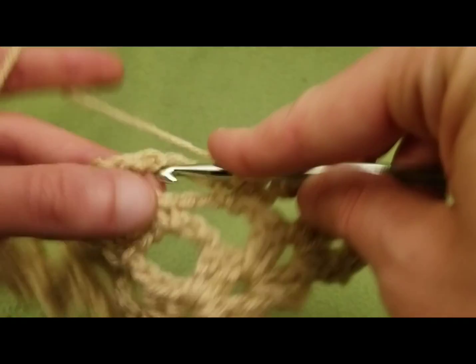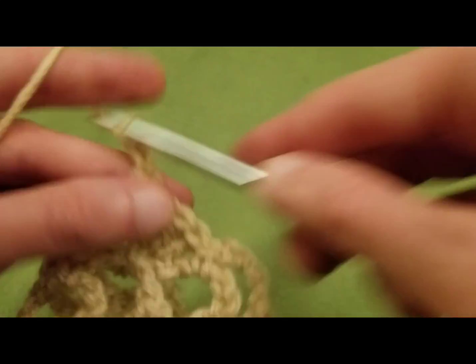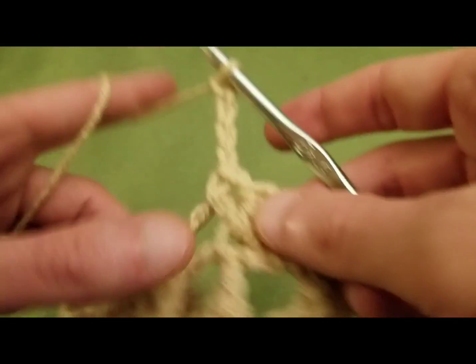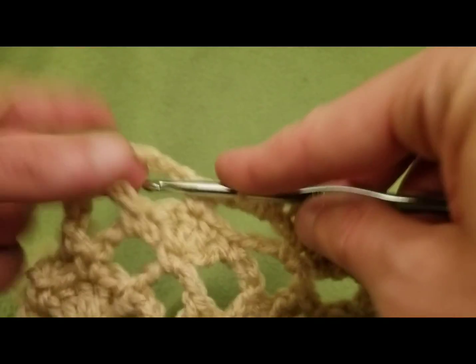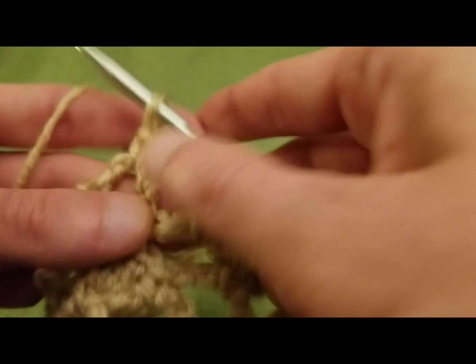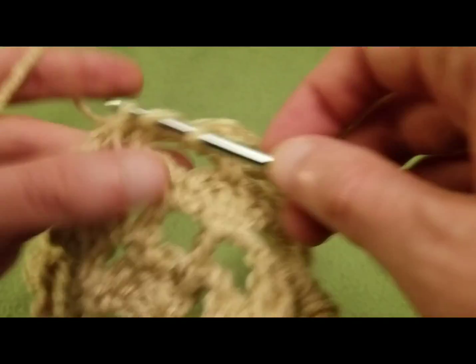And then a single crochet into the next chain 4 space, chain 4, single crochet into the next chain 4 space, 3 double crochets into the next single,